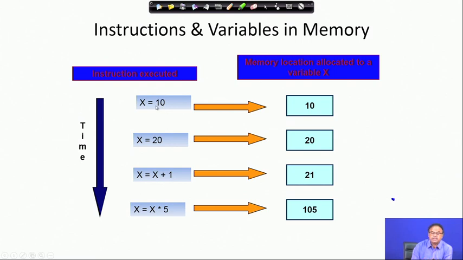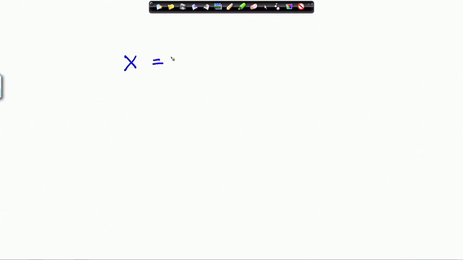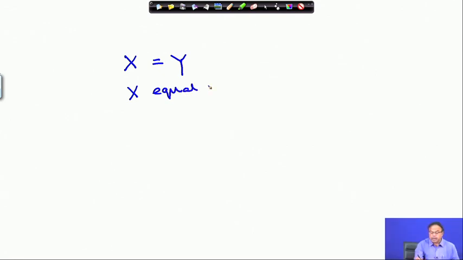x equals 10. Now, here is another point, what does this equal mean, all right. This is something that we should understand. In our school, we often do say x equal to y. That means the value of x is equal to the value of y.